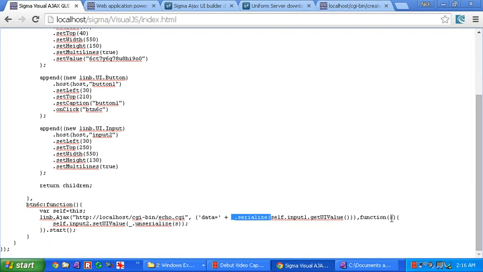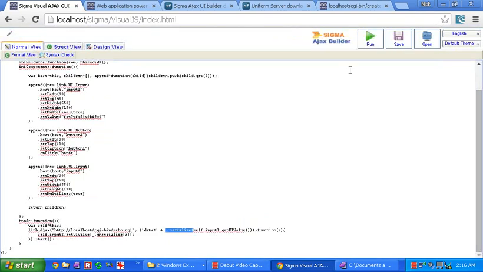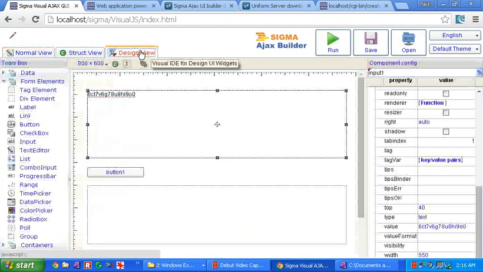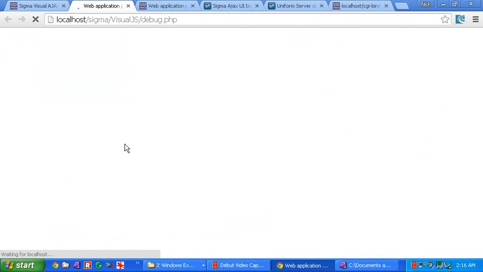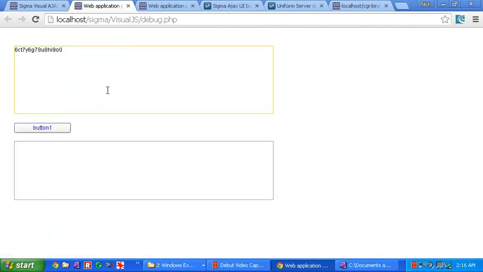And then when we get that back, we use the unserialize function to unserialize the data that came back from the server and set the UI value of input 2 back to that unserialized data. So now we run that. Looks good. Click run. And as we click on button number 1, you can see now that data is